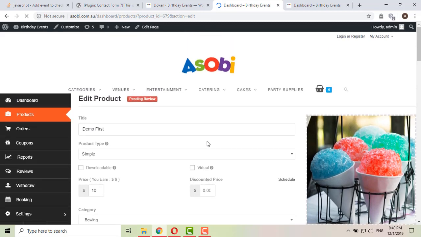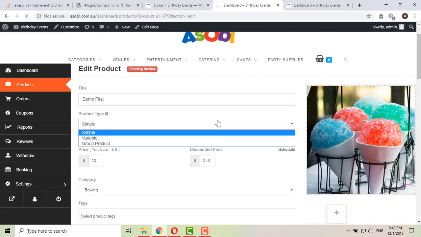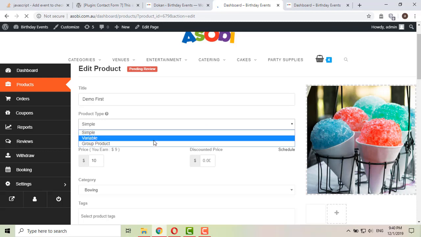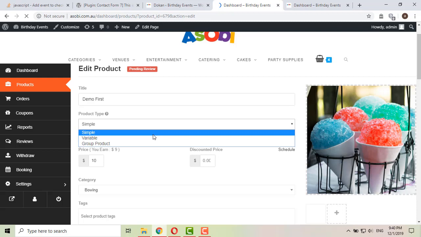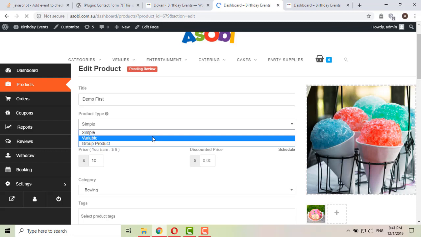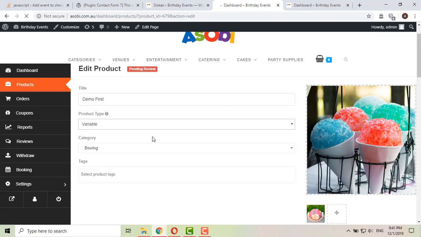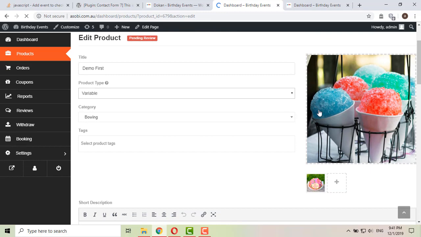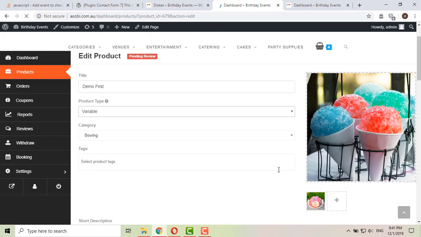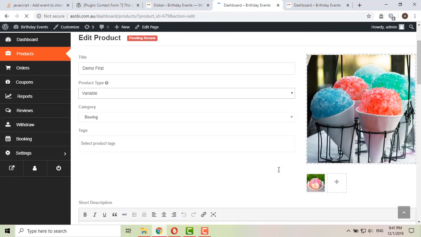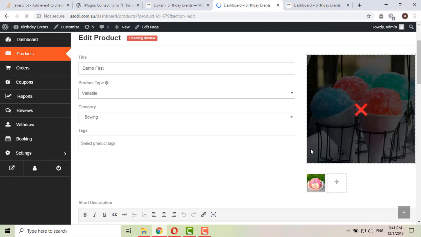Okay, now this is where you choose whether you want this product to be simple, variable or group product. Simple product means this product will be just one simple product. If you put it as variable, it means there will be variations of this product, like the size, or the quantity, or any variation.